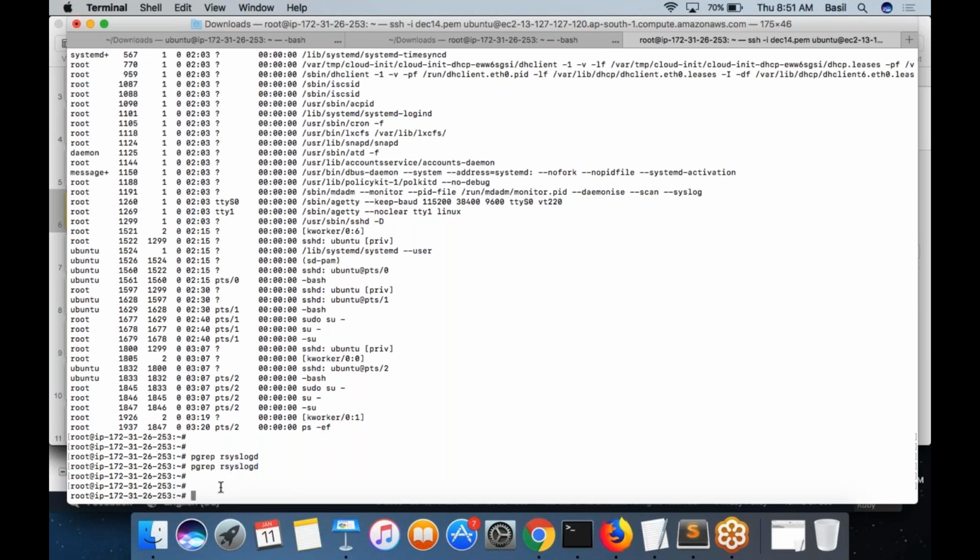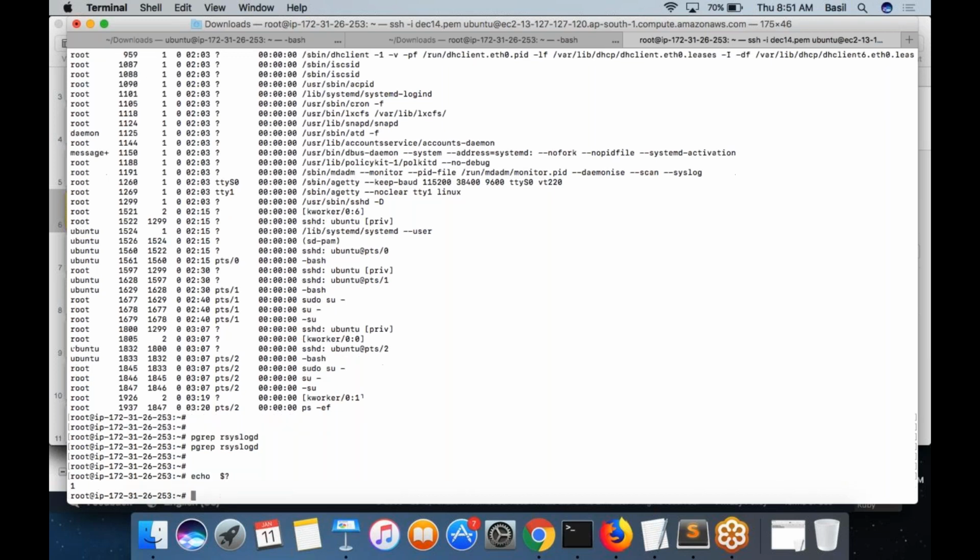So how would you write your if condition? Actually, there is a variable in Linux called $?. What this variable contains is a number, and the value depends on the previous command which you had executed. Now look at the value of $?. Right now, it is 1. The reason it is 1 is the command has failed.